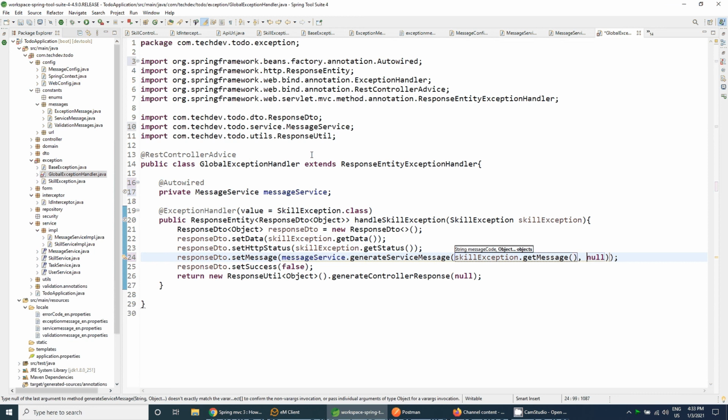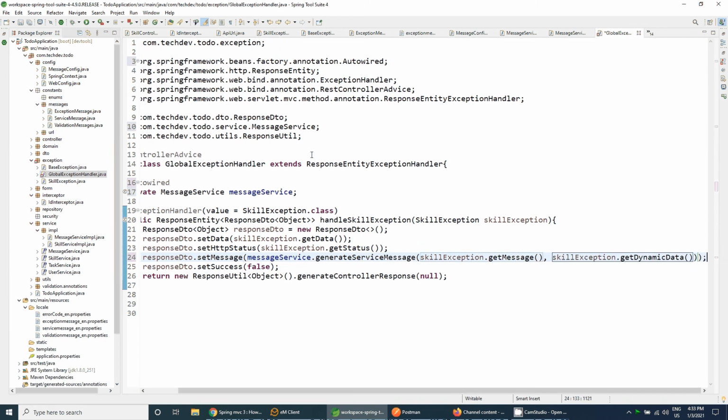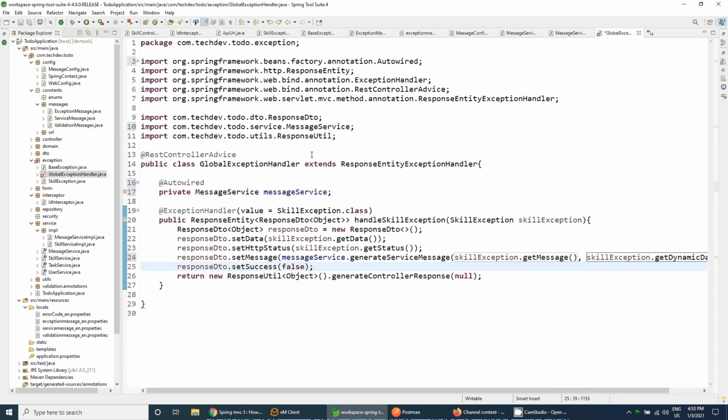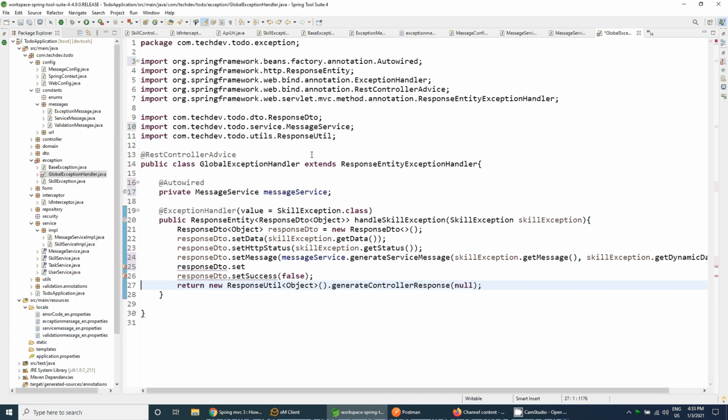Service message with this, and the object array will be skill exception dot dynamic data. After that, the response DTO dot set error code.